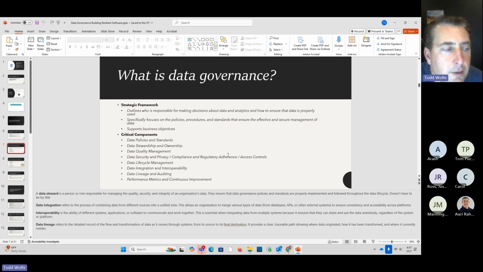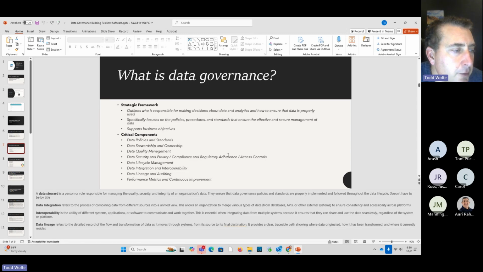Yes, there are jobs out there. We can look on job boards and we can find jobs that are titled data steward. But for most of us, a data steward is someone who I would see as a subject matter expert in the domain of where the data is coming from or where the data is being used. It already exists in your organization. They have stewardship responsibilities. They may not have all of the responsibilities or be doing everything a data steward needs to do, or they're not aware of it all. But those are the folks that would be responsible for ensuring that the governance policies and standards are implemented for their areas properly throughout that entire data lifecycle.